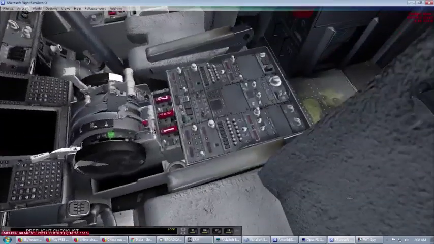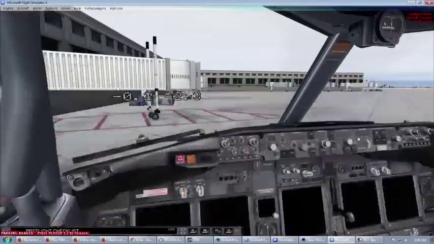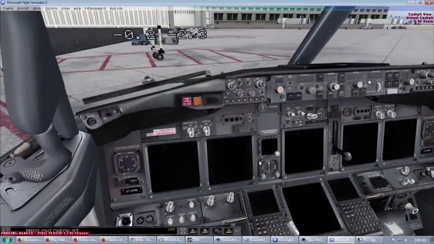So guys, that's a complete flight. You have seen starting the plane and then shutting it off back. This is a complete procedure of how they do it, and the plane is turned off. I started from cold and dark, and I am back to the cold and dark state, shutting off everything, the complete package of the flight, and sorry